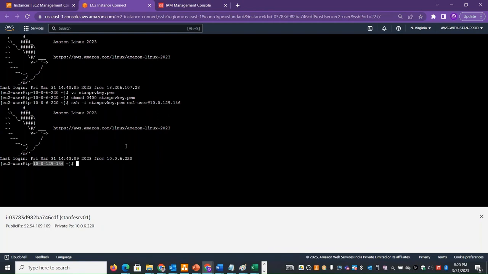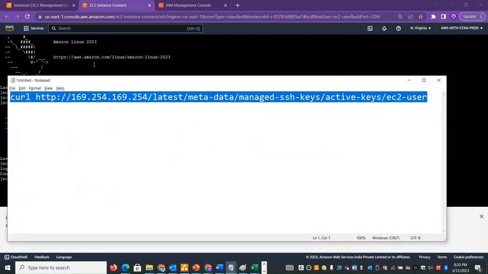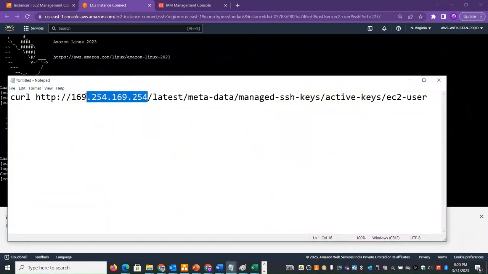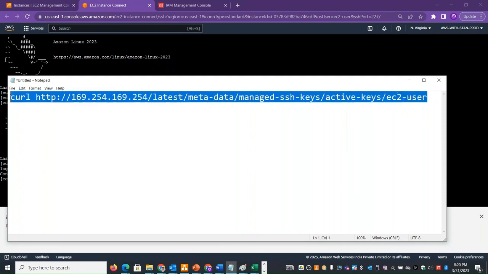You can also do one more thing. I can just exit from the system. I'll also show you where exactly the instance metadata gets stored for the Instance Connect public key. This is the exact location where it gets stored. We call this IP address the instance metadata IP, or IMDS IP. Using this IP, you can get all the metadata information that is there at the EC2 platform level. If you want to check the currently active keys on the system, you can copy and paste it. Since it is already past 60 seconds,